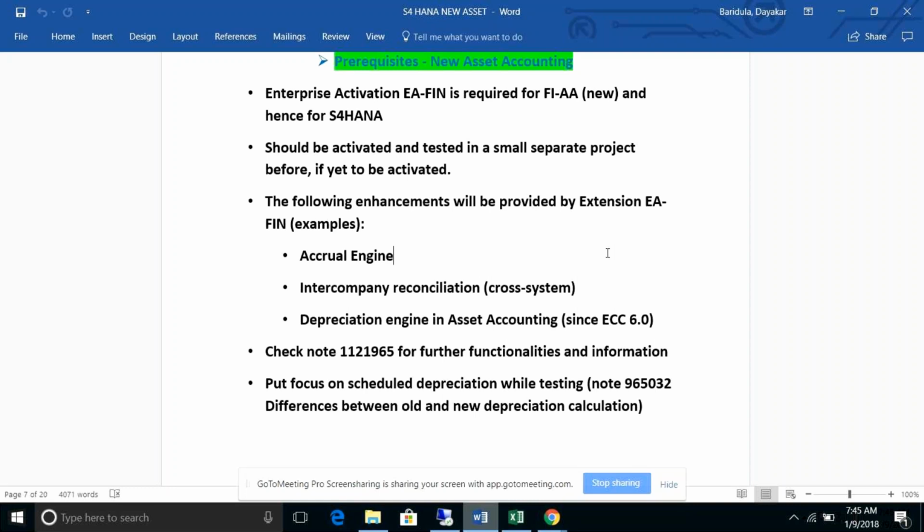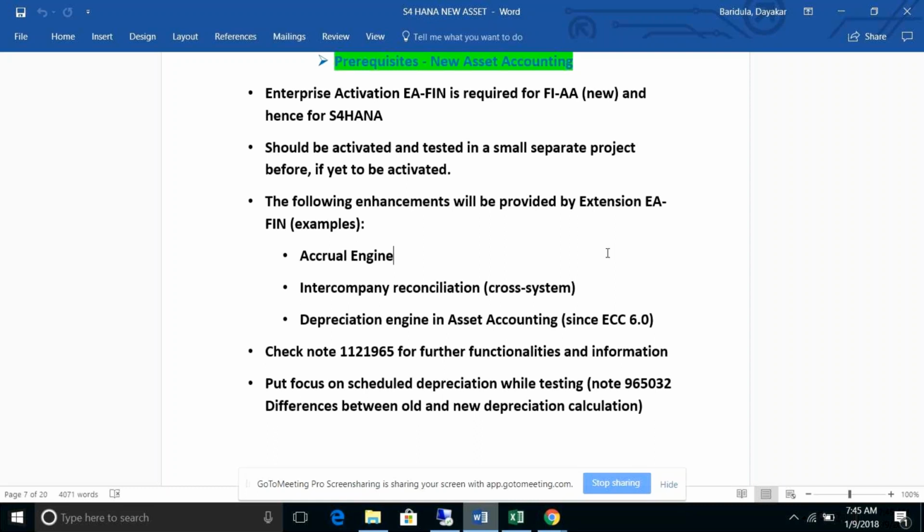And if you already have new GL implemented, then there is no issue at all. If you don't want to implement document splitting and only want to implement parallel ledger accounting, that is possible. With new asset accounting, if you further go on S4HANA, there is no issue at all.